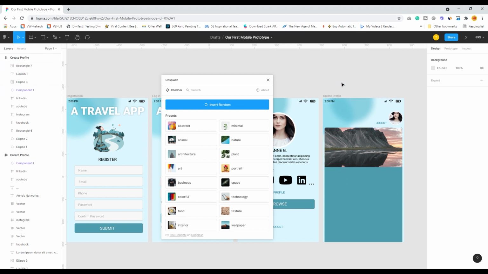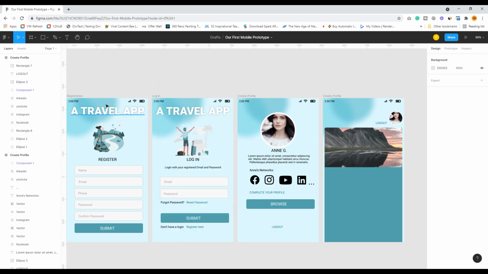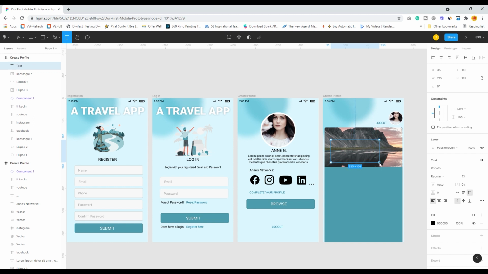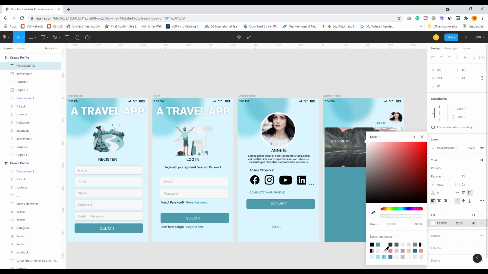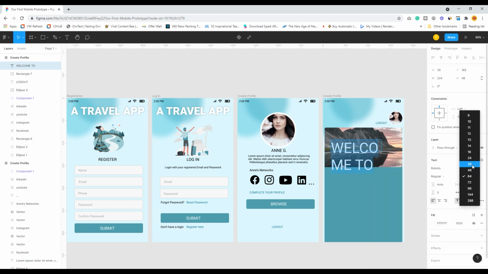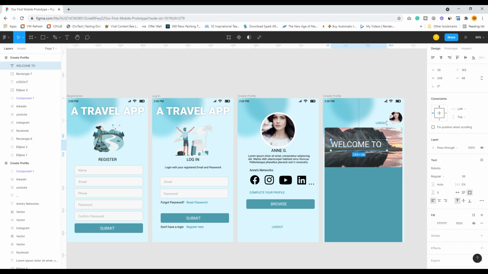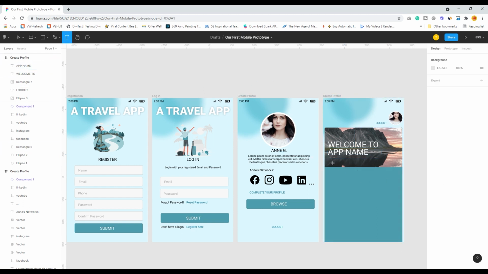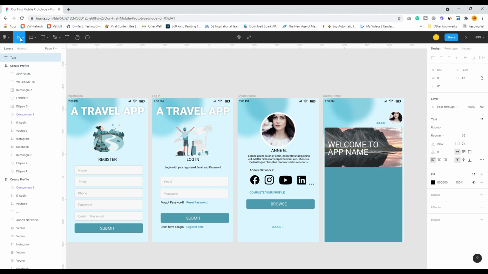This looks really nice. So what you can now do, you can have a text, so welcome to, make it white, increase the size, app name, and you can also have one or two liners.